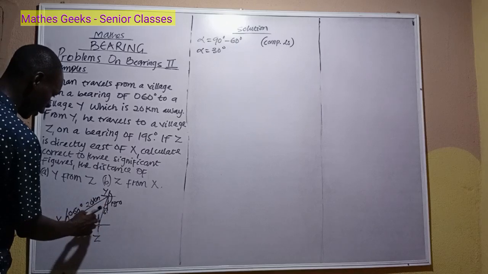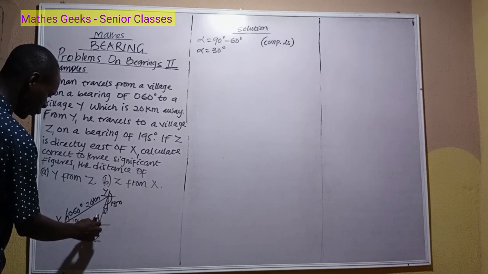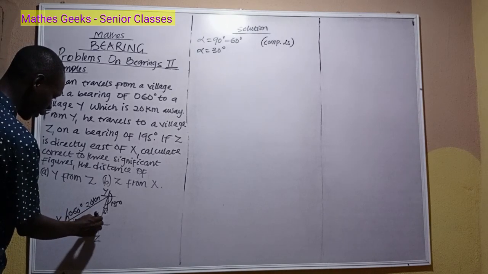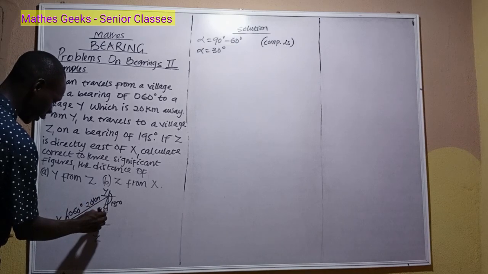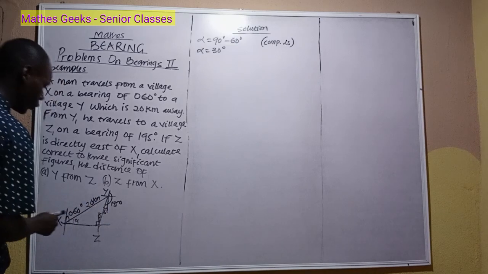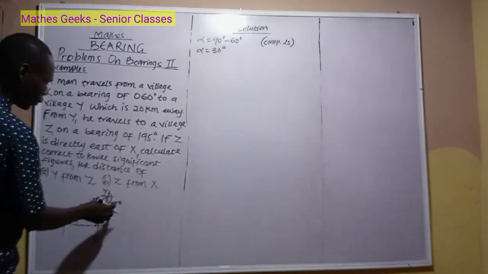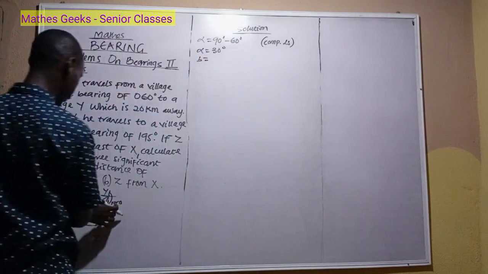So with that, we can get the whole of this angle. Since from the north to the west is 90 degrees, this part is 90 degrees. So let's label here as C. We need to know C. So C, let's get B first of all. So B is equal to